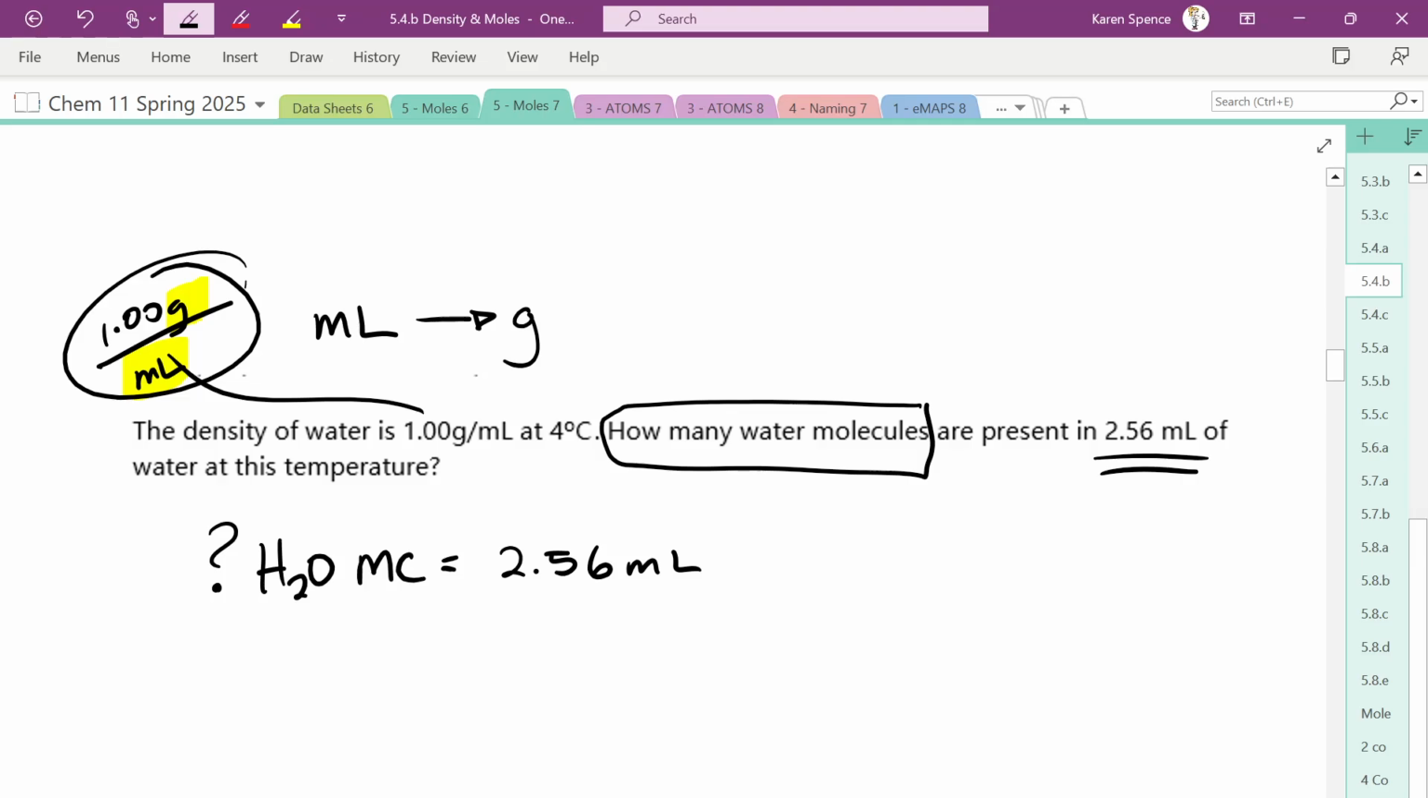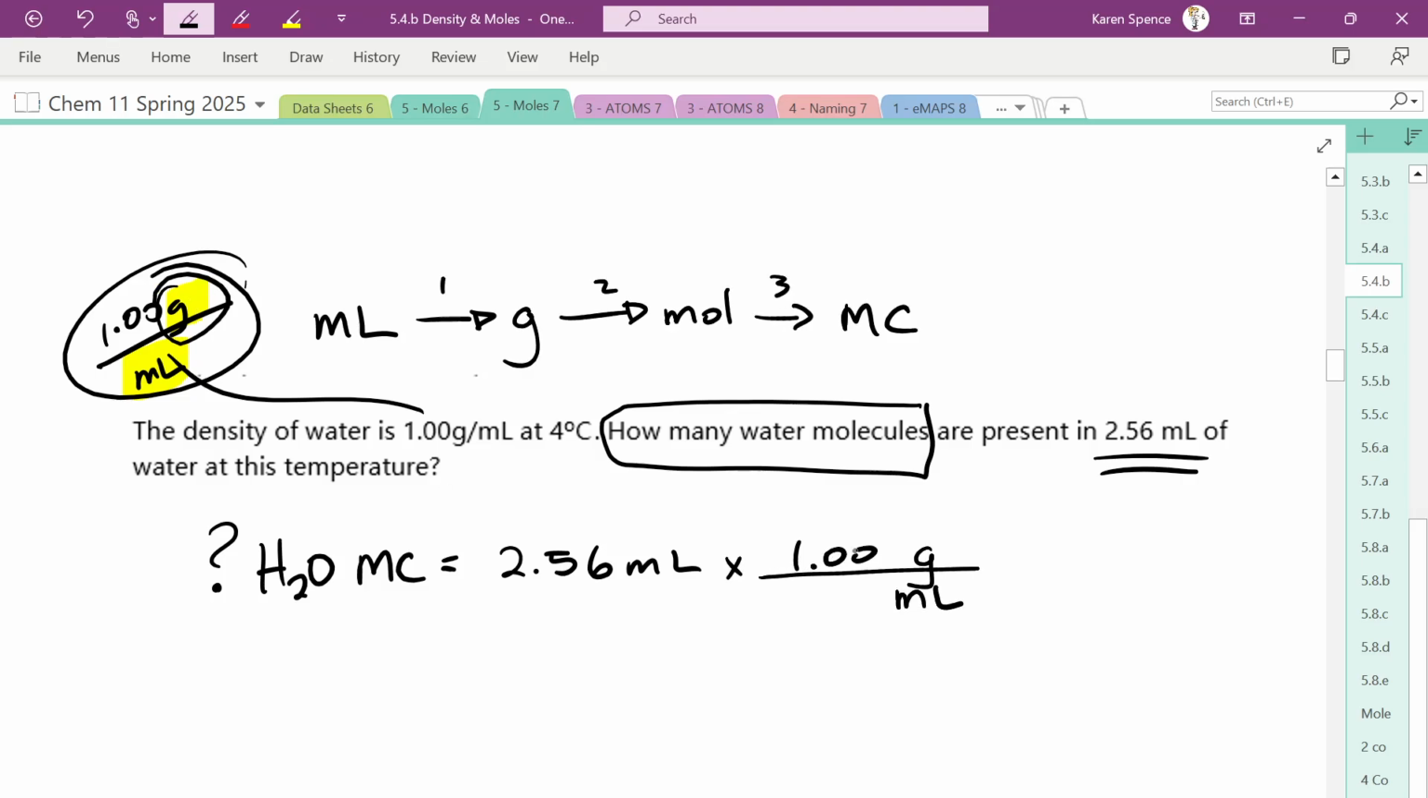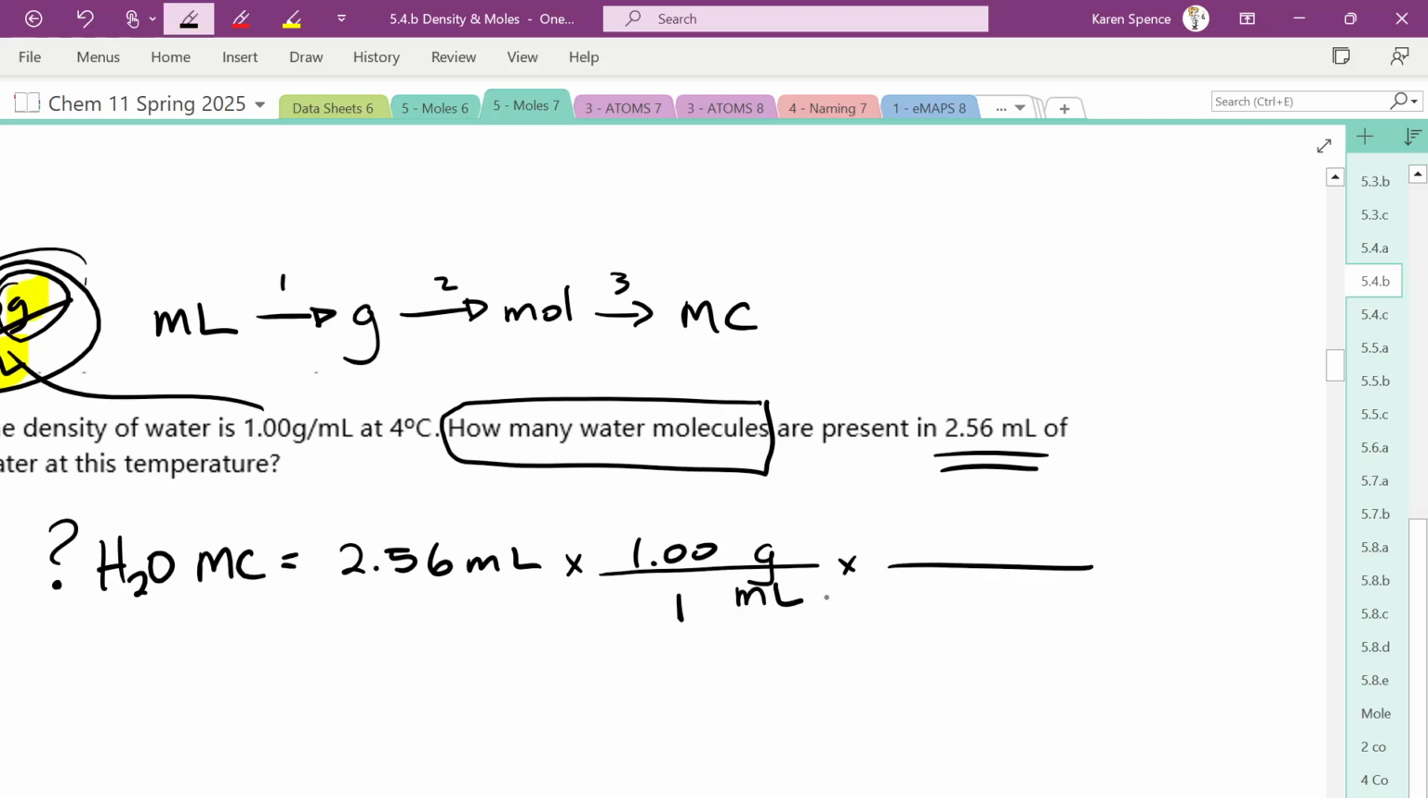Can we go from grams to molecules? No. But what can we go from grams to? Grams can go to moles, and then moles can go to molecules. So this is going to be a 1, 2, 3-step process. Okay, so we cancel out the milliliters and find the grams. There's 1.00 grams per milliliter. Cancel out the grams